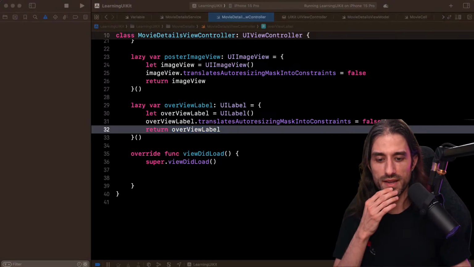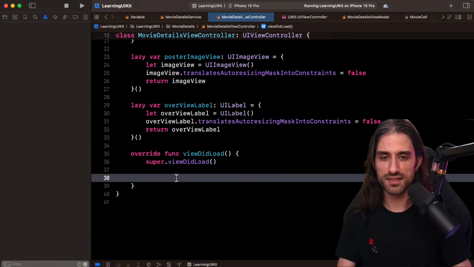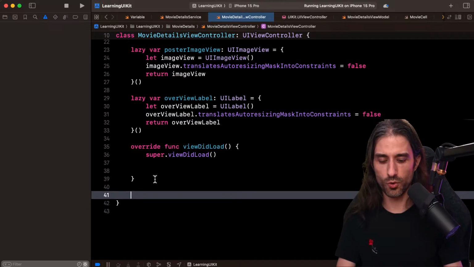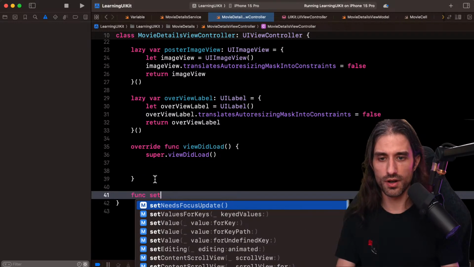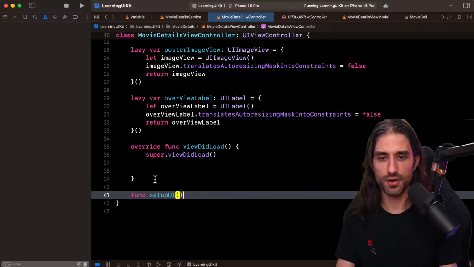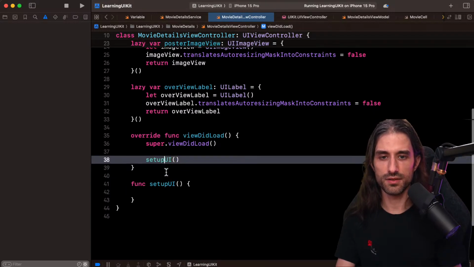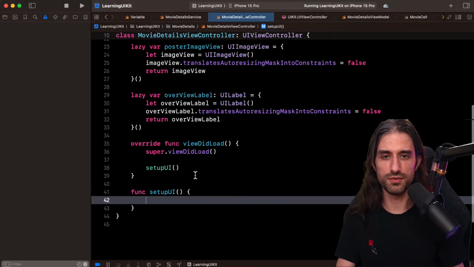So let's actually try and do it. Usually, what you do is create a method that you call setupUI, and you call it inside viewDidLoad. This way you don't put all of your code in viewDidLoad.